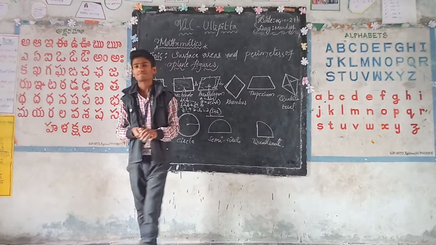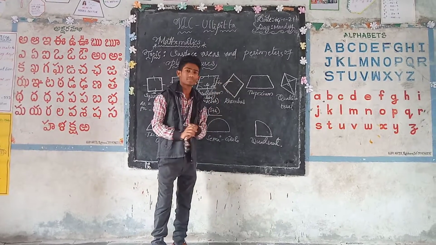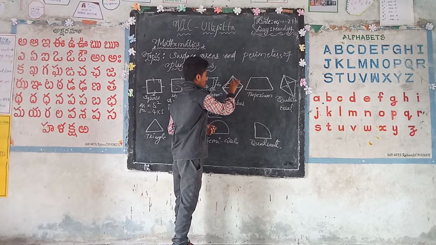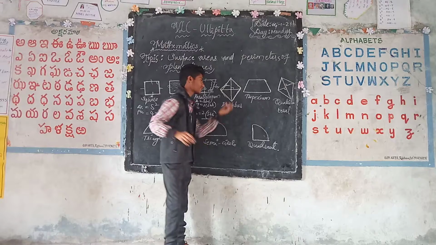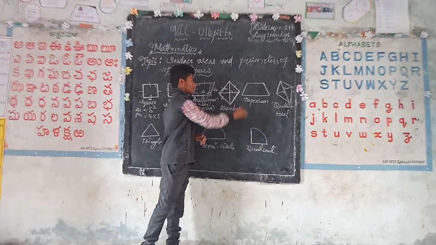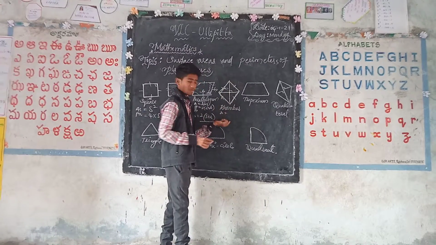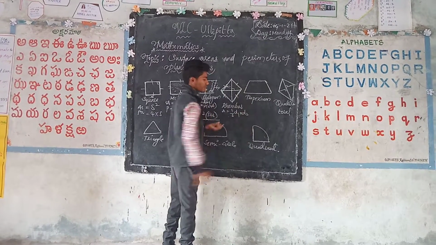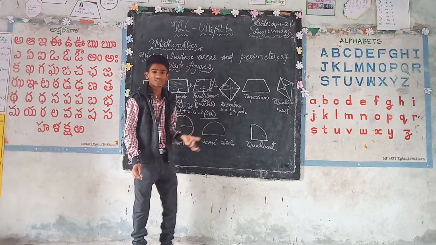Next, a rhombus is also like a square. We can get the area by the product of diagonals and half. Here, if we draw the two diagonals, at the intersecting point each angle measures 90 degrees in a rhombus. All the sides are equal in a rhombus. So area of rhombus is equal to half of d1 into d2. We will discuss how this formula is derived later.